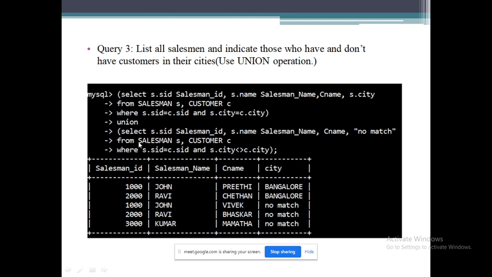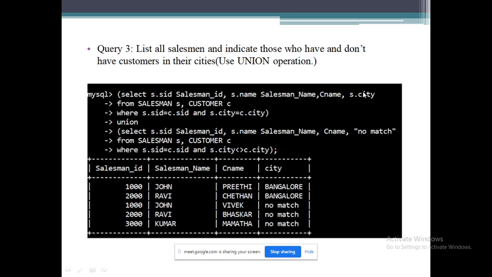And in the second one, we have to take the salesman details who don't have customers in their cities. Again we'll take SID as salesman ID, name, and then customer name.